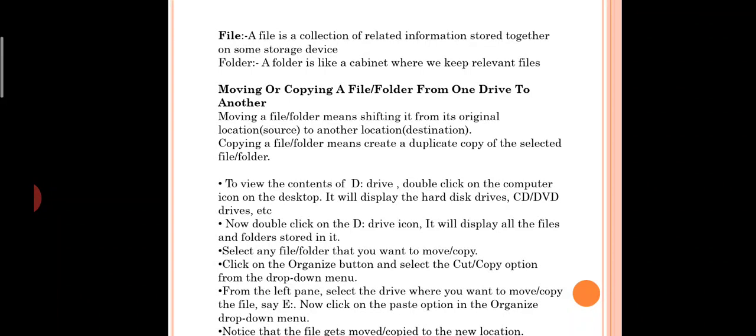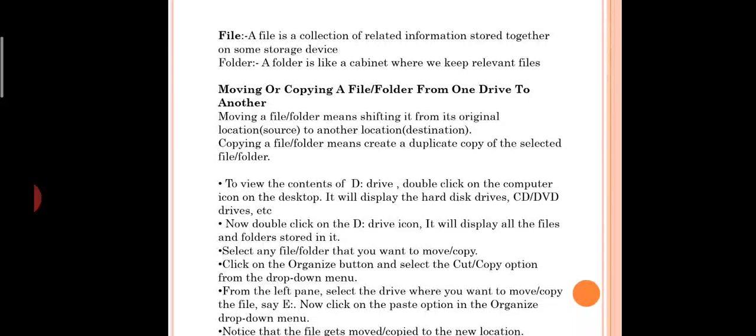You can look into these steps and learn in detail how to move or copy a file or folder from one drive to another. Assume that now in My Computer, if you want to see disk drives, CDs, or if you have inserted the pen drive, just double click on My Computer. Later, in the next slide I have given two screenshots. The explanation for that I am explaining now.